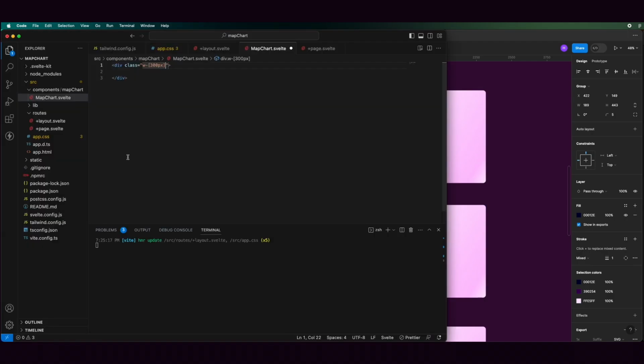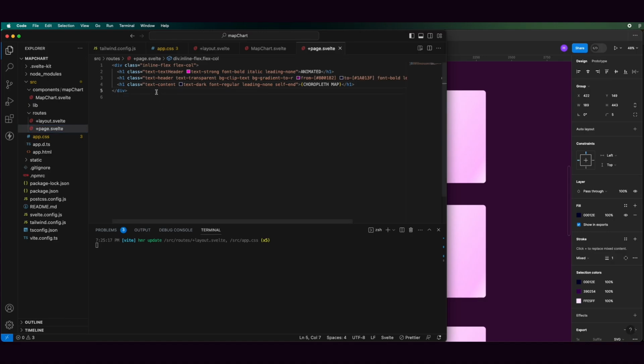So if we copy that and say aspect, and this custom value, and then make sure it's a dot here, and we can remove a couple of decimals, something like this maybe. And to see that it actually works, we can do a temporary background color. So let's say background green,